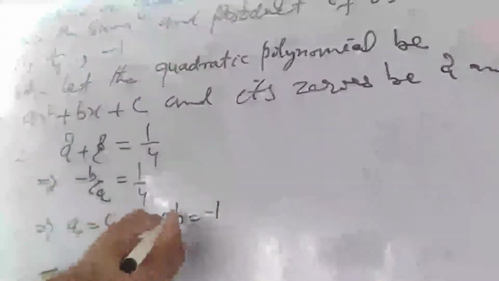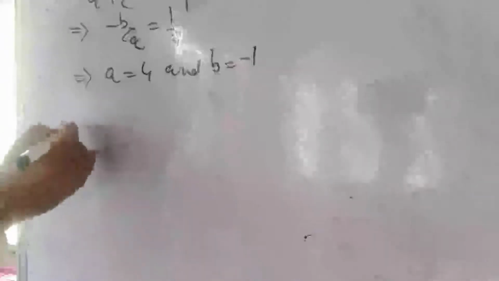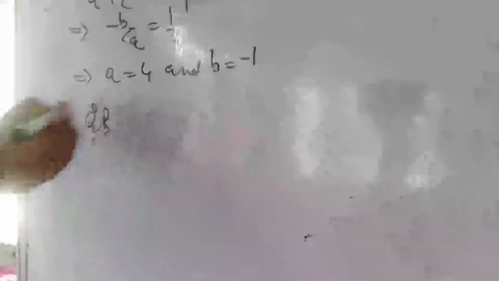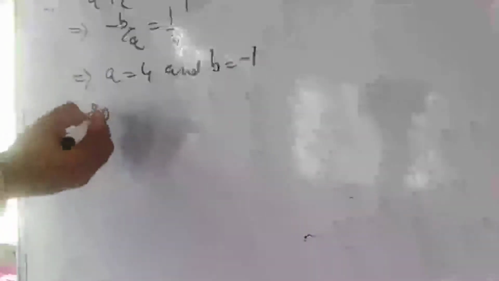This minus will go to this side with the 1, so minus 1. Therefore, product of the roots. Don't write it like this, write it like this: alpha beta, it means product of the roots. Alpha into beta, that is product of the roots, is equal to c divided by a. First look at what is given: product of the roots is minus 1. Product of the roots is equal to minus 1.